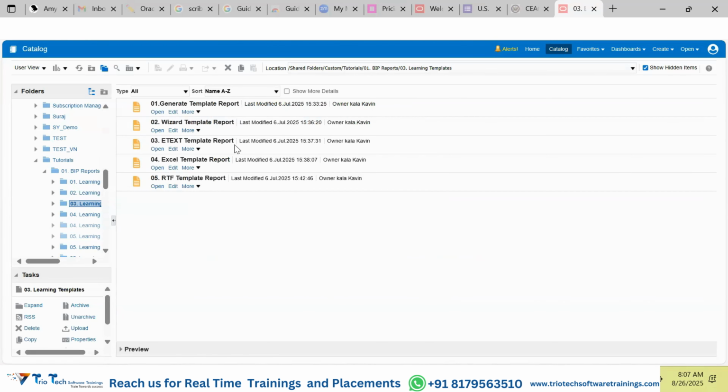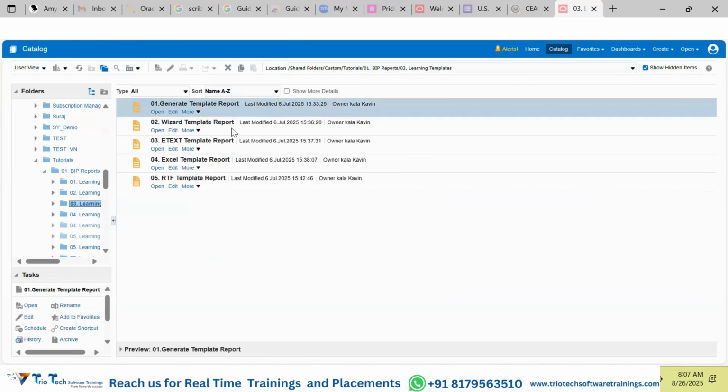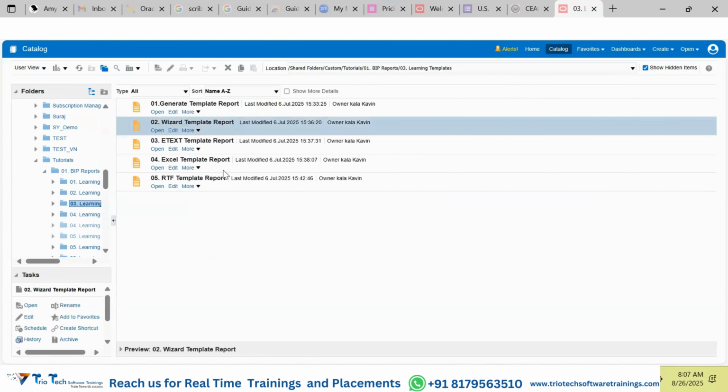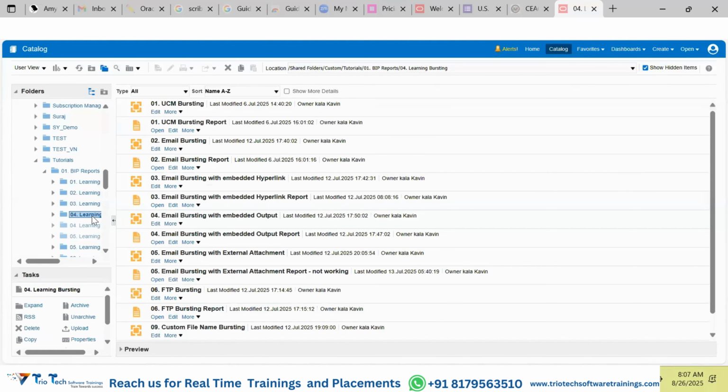Different kinds of ways that we can create a report. We can create a report with the auto generated method, wizard method, eText method. All these things we have kept ready for you guys. Okay, the concept of bursting, we will be learning bursting in detail. And guys,